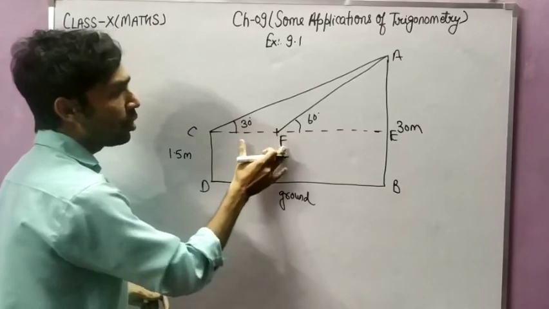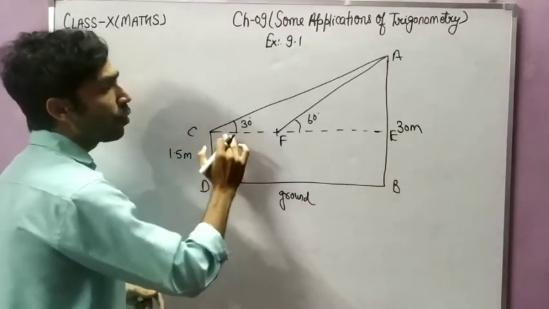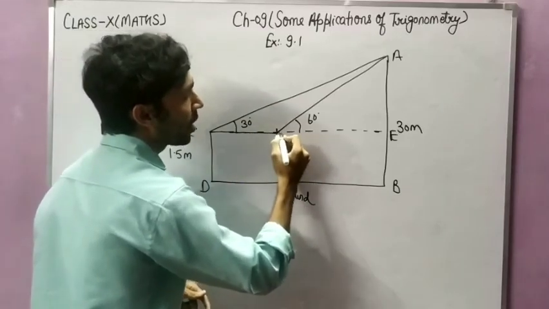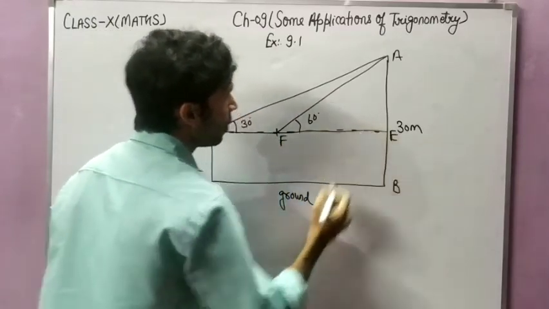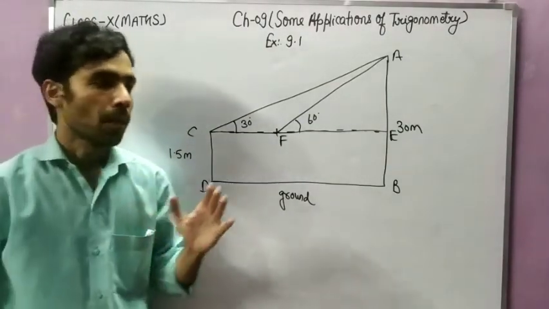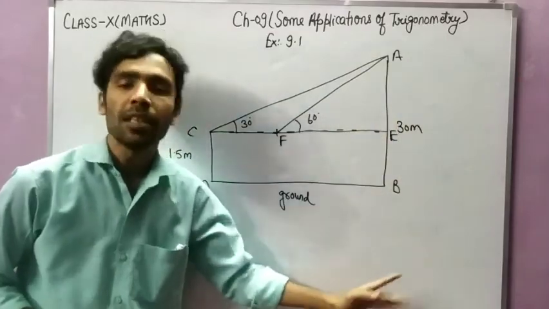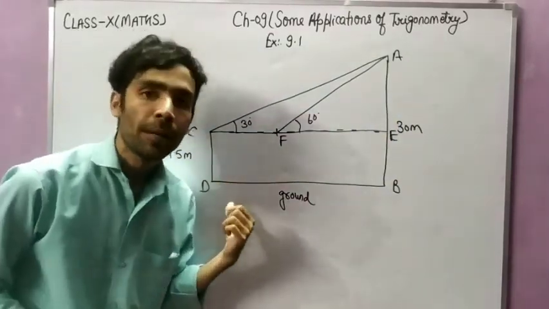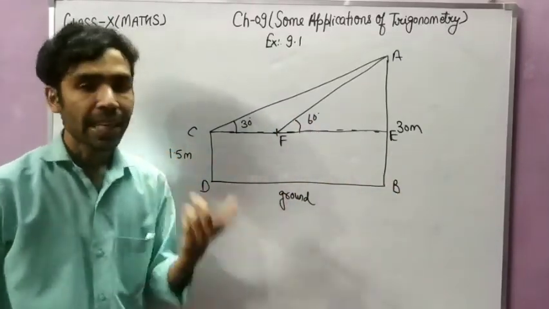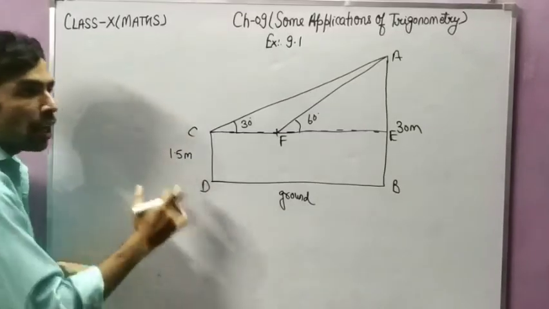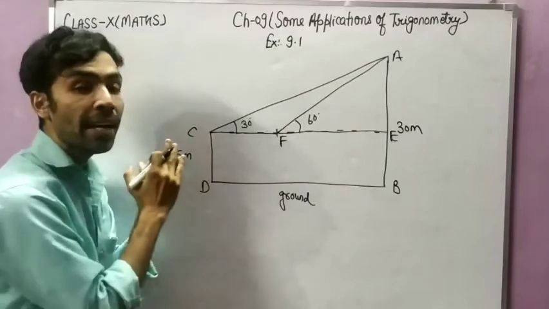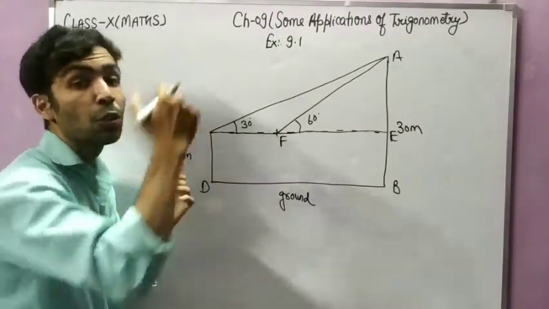Okay, so either you can make it a dotted line or a dark line, you can make it like that only. Suppose I make it dark so that you will understand. So this type of figure will form. See, there was a 30-meter tall building, there was a 1.5 meter tall boy standing at some distance from the building. Second thing is that the angle of elevation from his eyes to the top of the building means the man is watching the top of the building from his eyes.